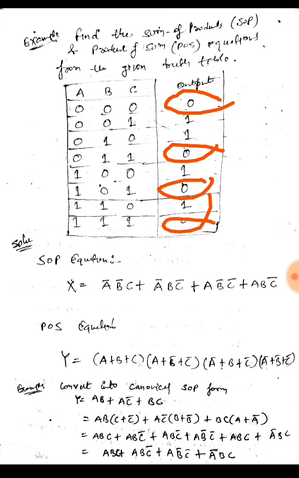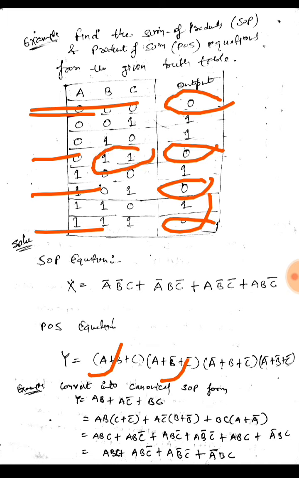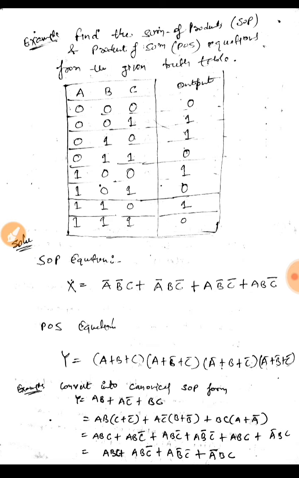It is low for this combination, this one and this one. So I will write the sum terms. For the first case it would be a plus b plus c, as all are 0. For the second case it will be a plus b bar plus c bar, as in this case b is 1 and c is 1, so I will take the complement, and a would remain the same. Similarly, I can write the other values as well. So in this case I have 4 max terms and 4 min terms.